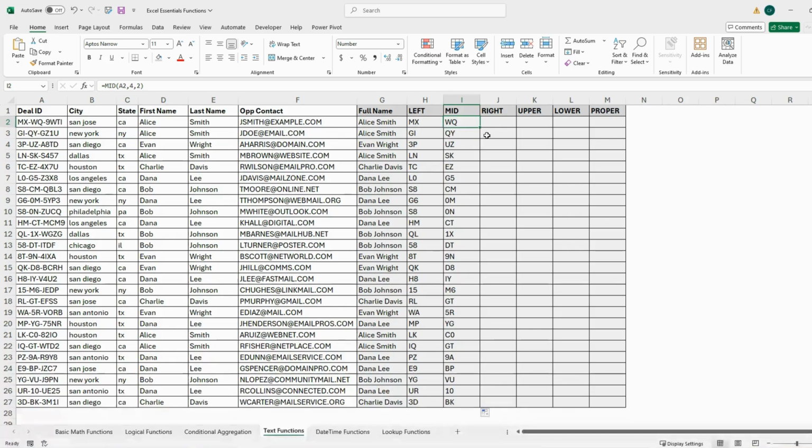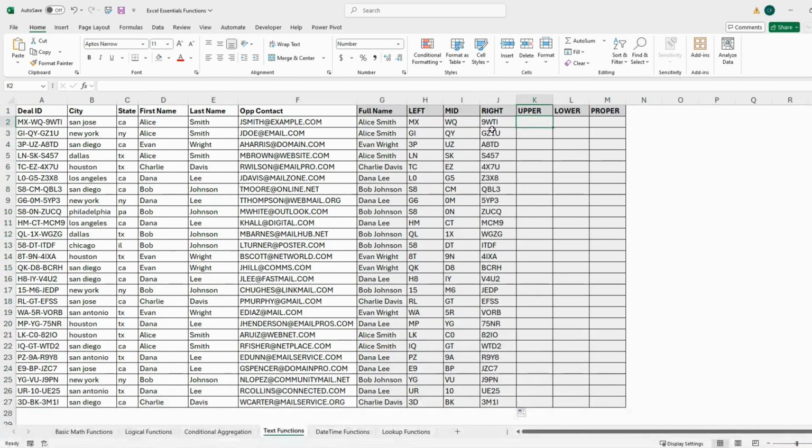And just to finish this out, let's go over to right. Do equals right. And this one's very similar, where you're looking at text and number of characters, but with right, typically how we read left to right, it's a little bit different, so you have to kind of go right to left with how many characters you want to count. So I'll go into A2, and we see right here that there are 4 characters after the final hyphen. So I'll put in comma 4, close it up, double click to apply, and just double check,